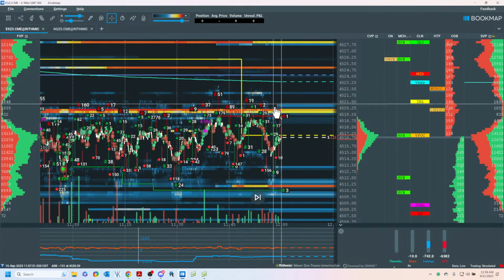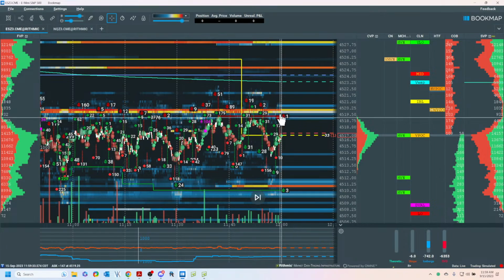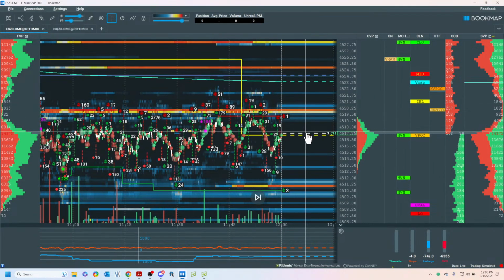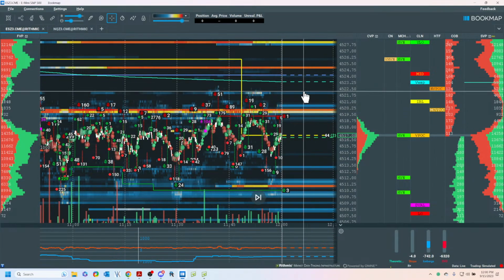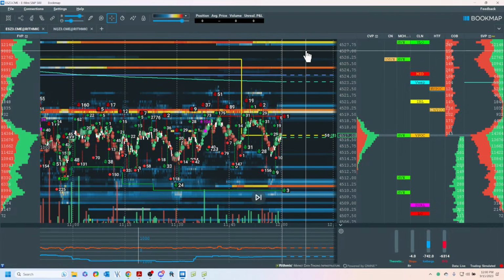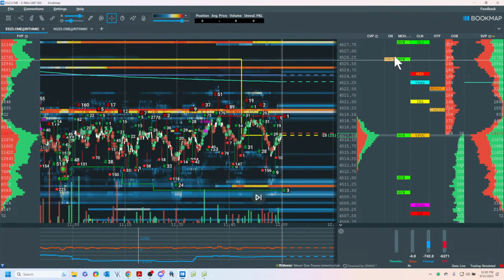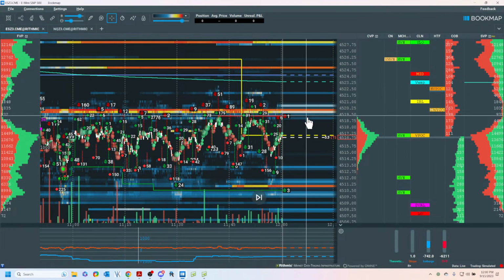If I come outside, I'm trading back towards this. If I come out here, I'm trading back towards this. If I come out here, I'm trading back towards this. The further it comes out, unless it blows through all of this stuff, and we could come back and check yesterday's low, we could do anything. So for me, the further it comes out, this is my target.